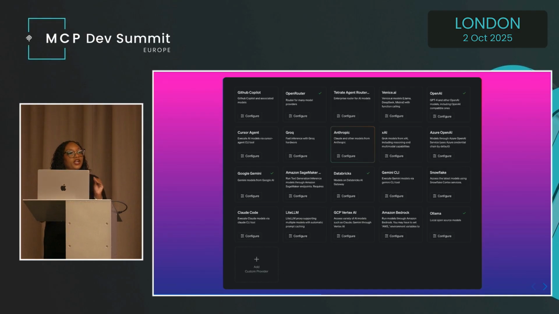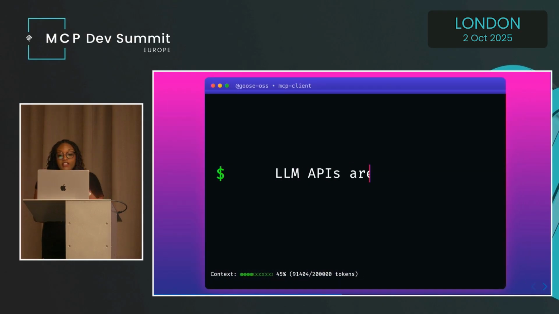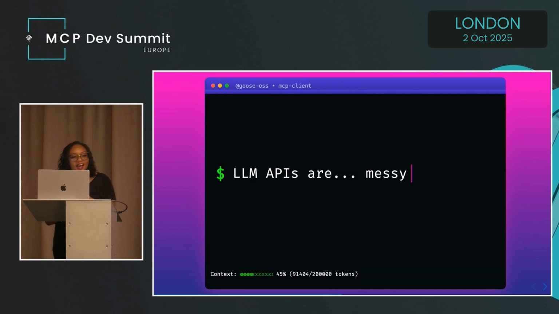And Goose is where you see that reality tested out in the open, with contributors adding support as fast as these new models drop. And the truth is that the LLM landscape is kind of a mess right now. OpenAI drops a new responses API, and suddenly half of the agent frameworks out there are broken overnight.